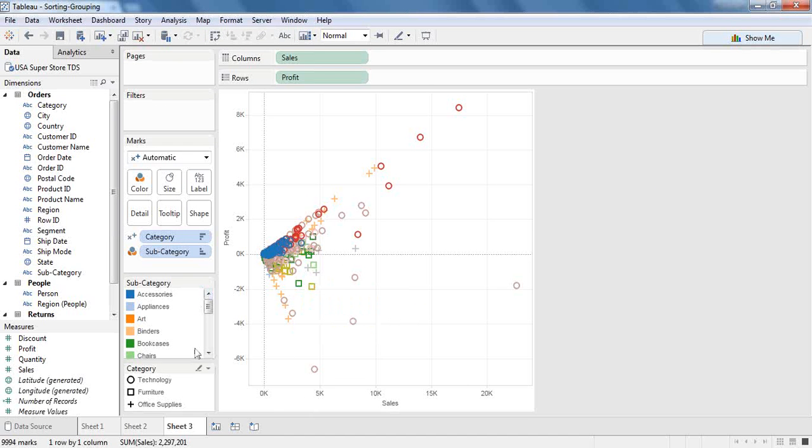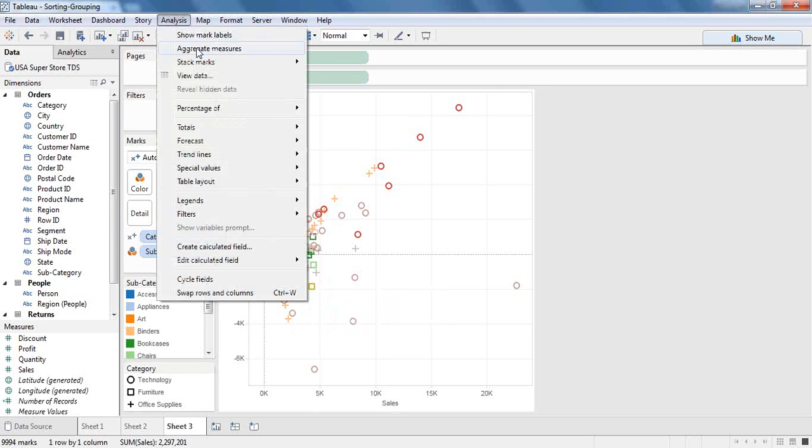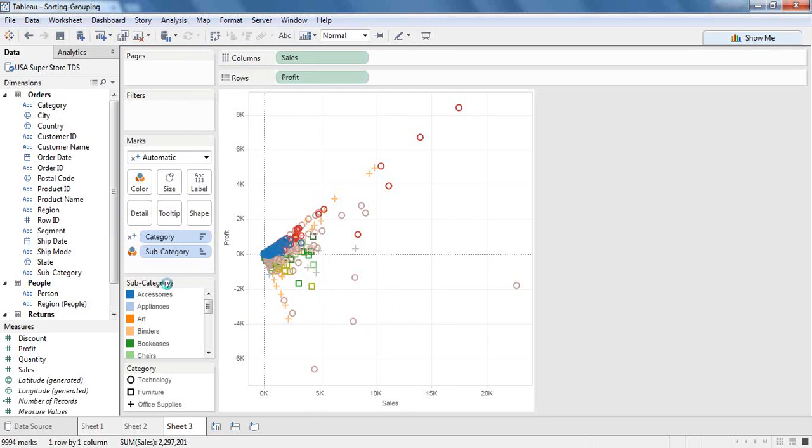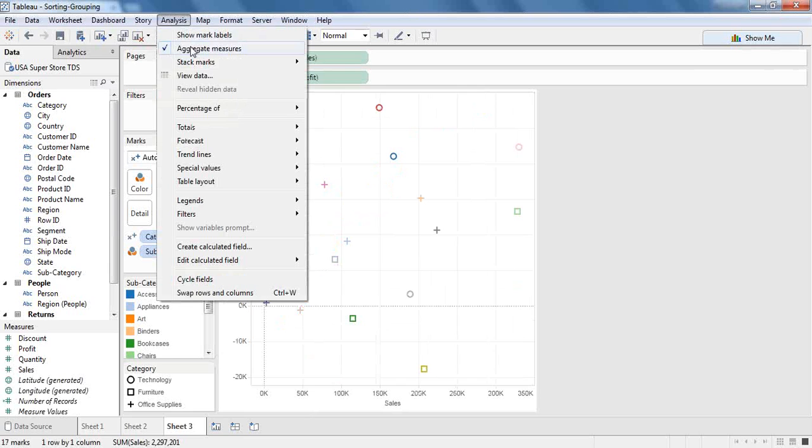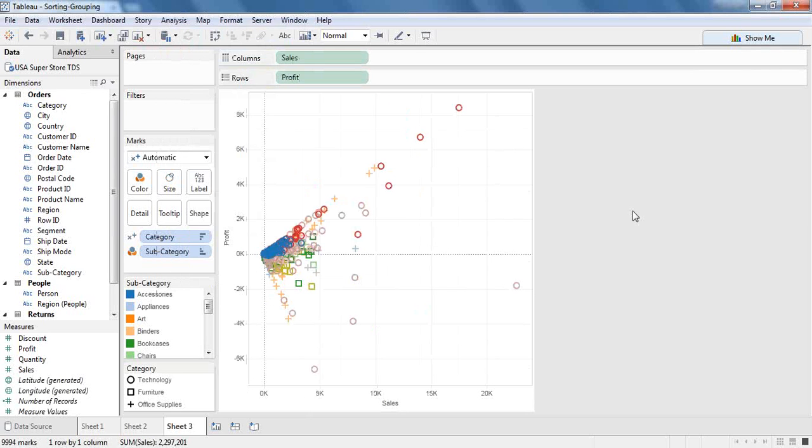What is that disaggregate? I unchecked aggregate measures. If I aggregate measures, it will get all the data at the view granularity. If I uncheck this, it will get the data at the row granularity. We will discuss the terminology in later sessions. Don't worry. Now, see here, whatever values are on the top, the blue color is more visible, right? If I sort it,